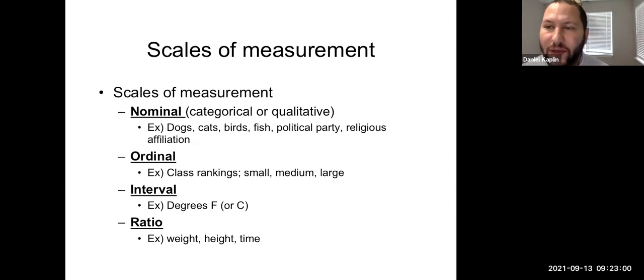So let's talk about the weather, right? If you were to live in the Northeast, you'll talk about sub-zero temperatures, right? So 0 degrees Fahrenheit and even 0 degrees Celsius is not an absolute 0, right? An absolute 0 would be when there's absence of heat or temperature. And that only happens when molecules stop moving. So when you watch the weather in November, December, January, February in the Northeast, it's